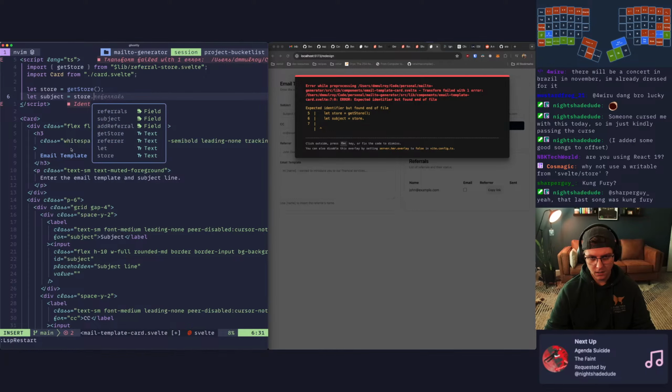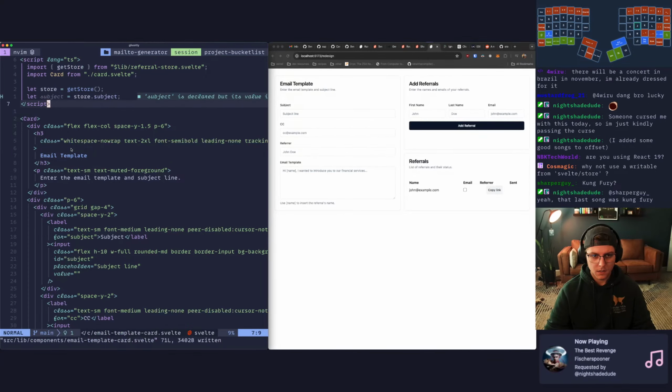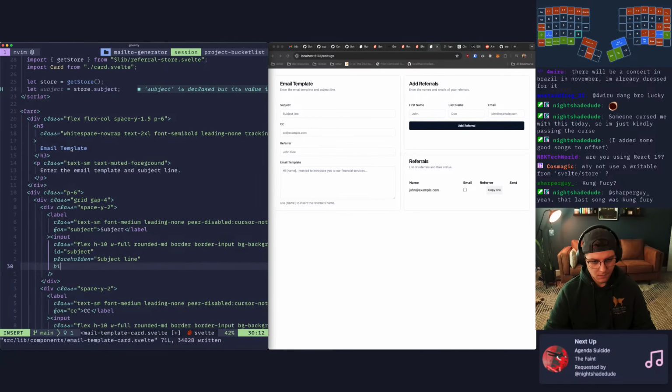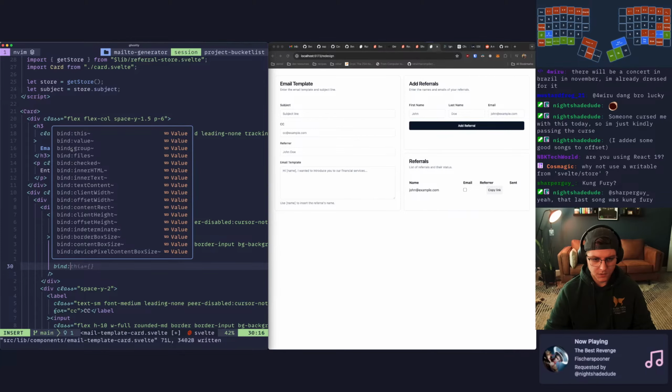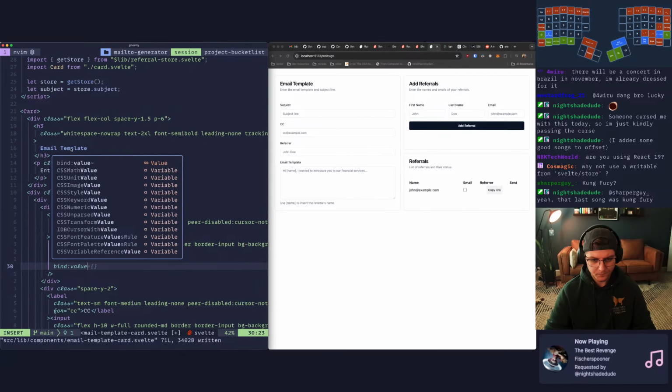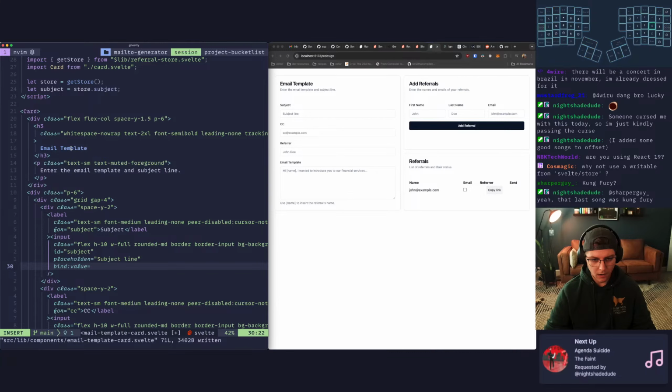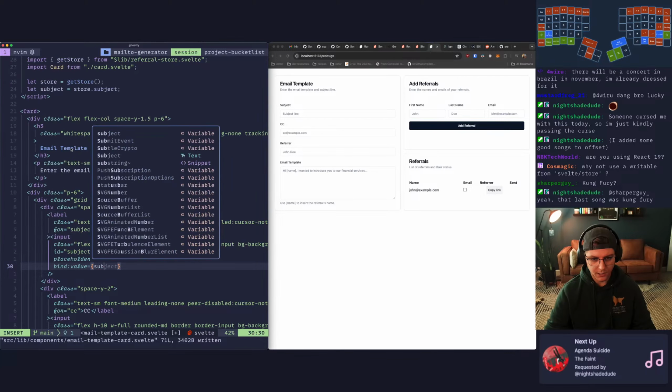Okay, so the language server is just a little bit rough. So if we come down here, we should be able to do bind value and put in subject.